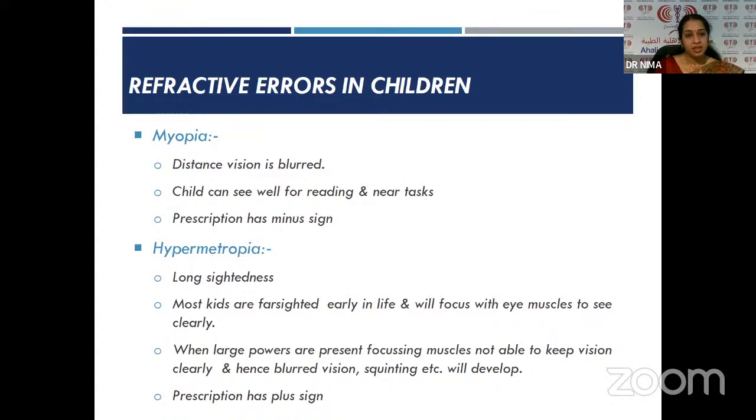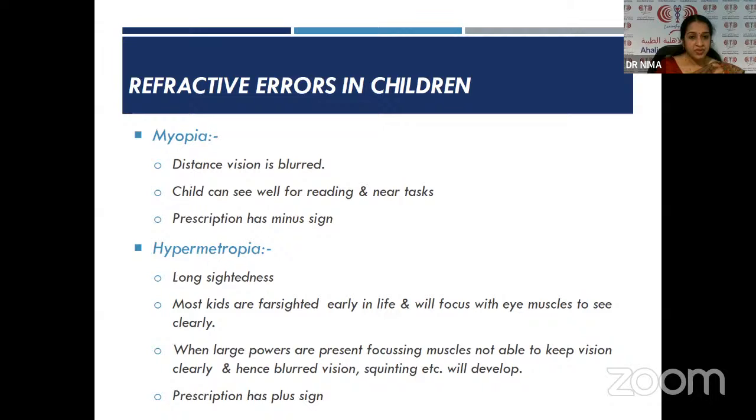Then I will deal with all the common problems one by one. The refractive errors in children are the commonest ones, of which the commonest is myopia or short sight, where the child cannot see the distance. These are mainly picked up by their teachers, or sometimes the parents say the child is watching the TV too closely. Sometimes the teacher may say that when the child is sitting in the back bench, he is not able to write the notes properly.